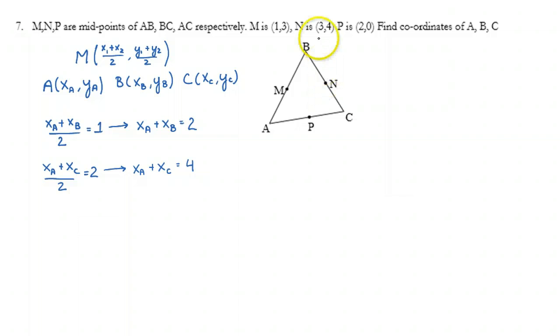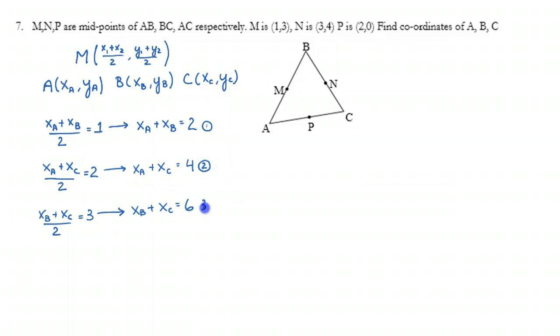Now if we take N, which has an x value of 3, we see N is between B and C, so we know that (xb plus xc) over 2 is equal to 3, and therefore we get xb plus xc is equal to 6. Okay, so now this really becomes a little bit more complicated problem in terms of just having